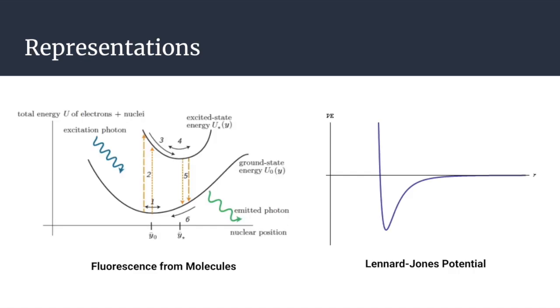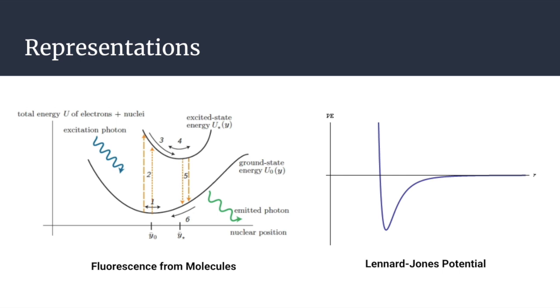For the first representation, the graph is describing the movement of a photon once it encounters excitation. The single-headed arrows represent jumps that the photon makes when it changes from ground state to the excited state, and the double-headed arrows describe the oscillations that occur. Oscillations seen in the first graph are similar to the oscillation behavior seen in the Lennard-Jones potential graph that represents